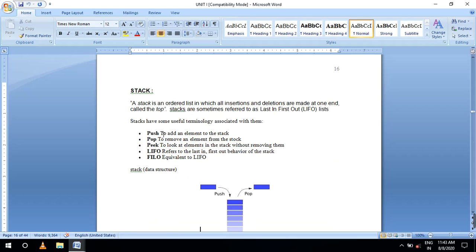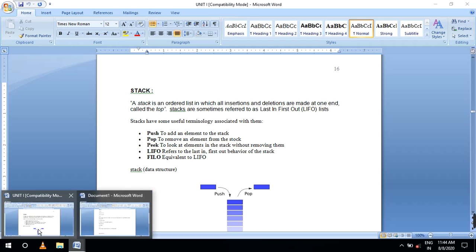In the previous class, the push operation is to insert or add an element. Next, the pop operation removes or deletes the element. Next, the peek operation views the element without removing it.